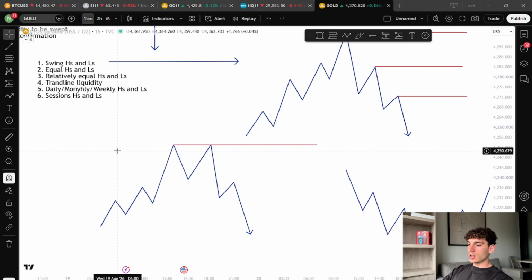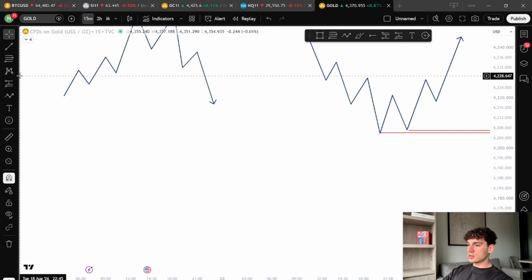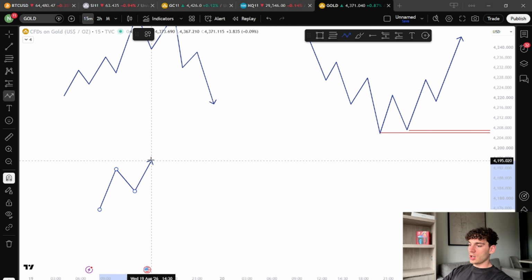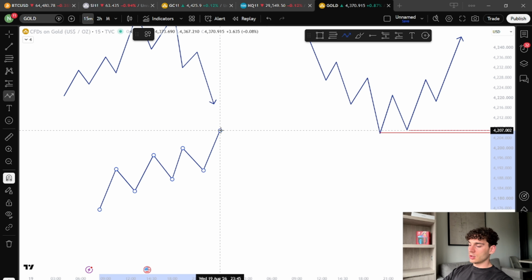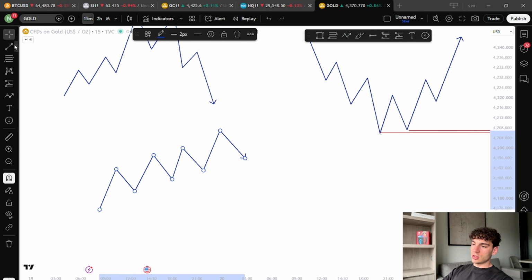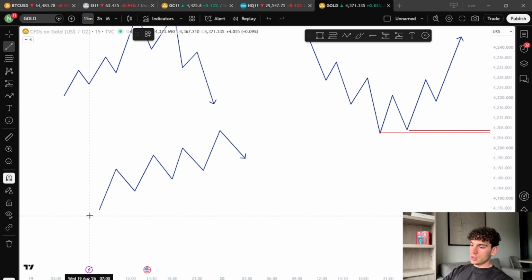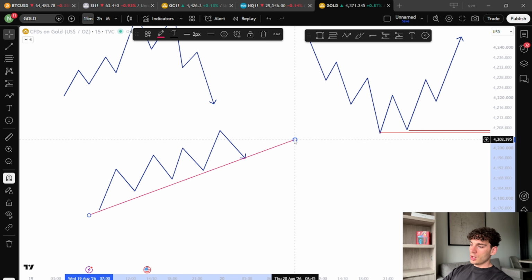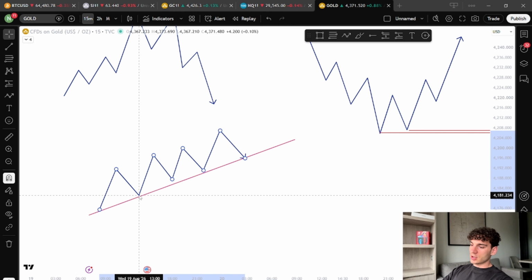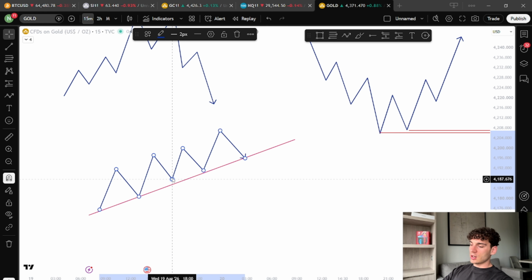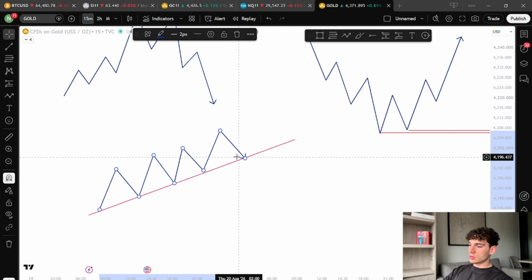Then the trend line liquidity is going to look like this. So if you start having a price that's moving in this kind of pattern, it's going to give you opportunity to pull the line here. And then if you notice that every single time that the price touches the line, it has some kind of a reaction. So this is going to be trend line